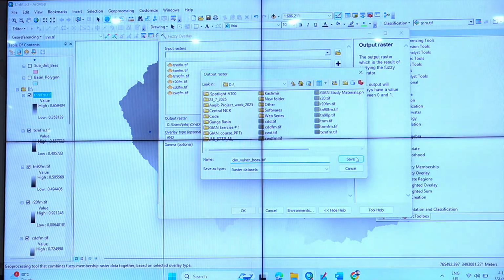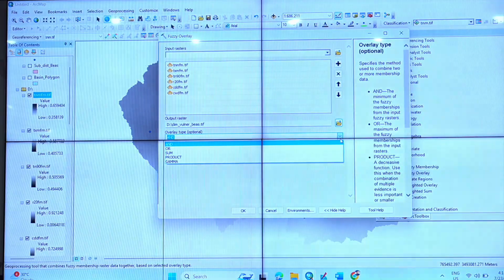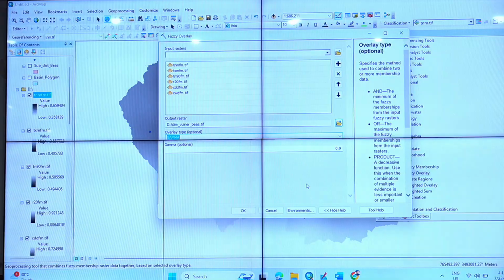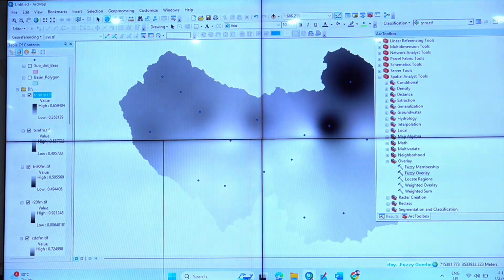Say save. And the most important, you need to apply the gamma overlay type, and then the gamma operation point, it is by default, I say okay.